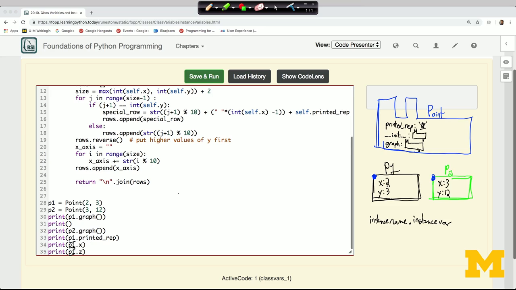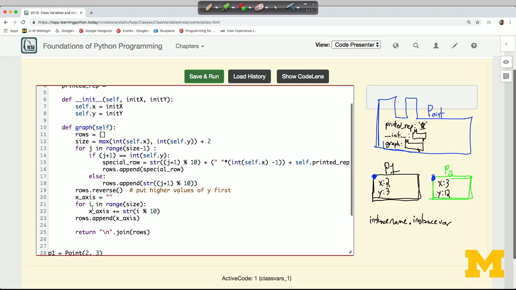Now, the way that we define this Point class, if I erase these annotations, is that we have this graph method, and what graph does is it forms a text graph, or a textual representation of a graph that contains this point. So